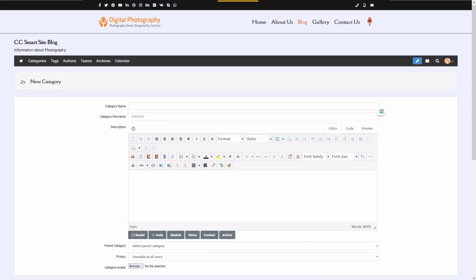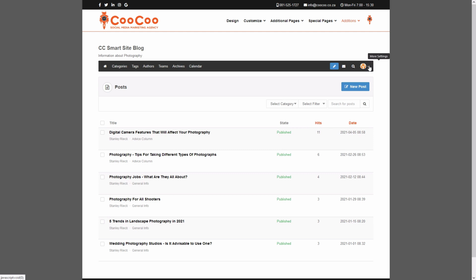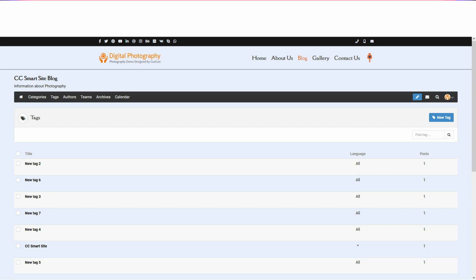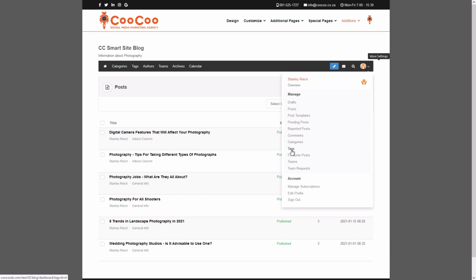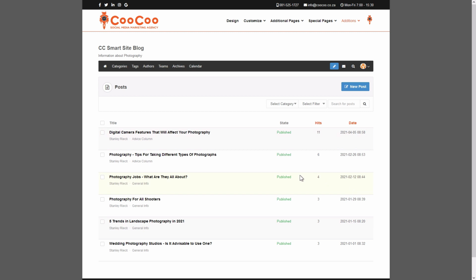So now let's get back to the blog management at the top. You will see the next link under Categories, which is Tags. You can add new tags here, which helps when you're posting, as you can select them for SEO purposes, and a way to link similar blog posts. The next menu is for favorited posts. Teams are for setting up multiple teams who would have access to posting blogs to different categories. Subscriptions are for displaying how many users have subscribed to one of the blog categories or the blog as a whole. Finally, you can edit your own profile, and below that, you can sign out. If you click on Sign Out, you will be signed out of the management part of the site.